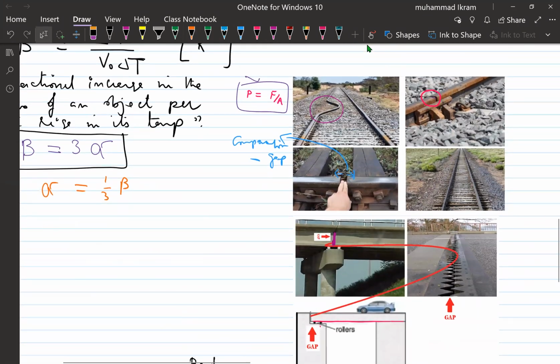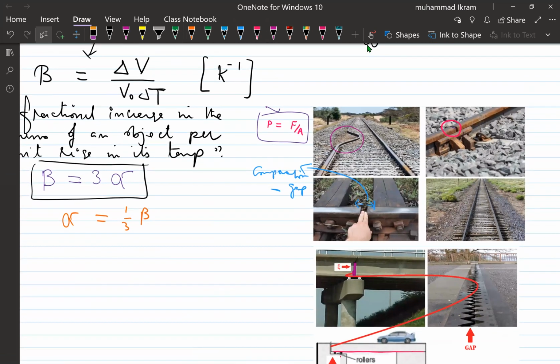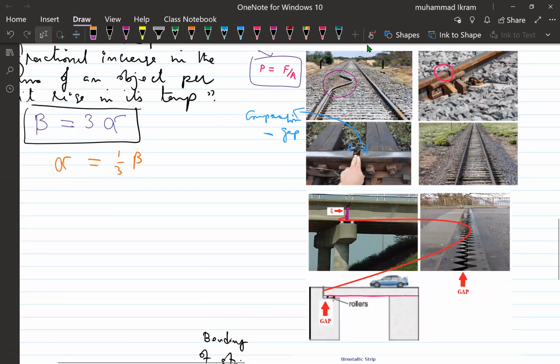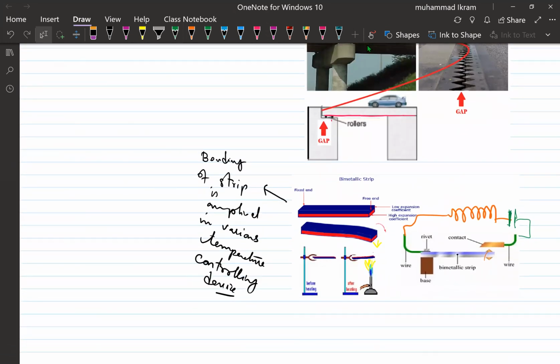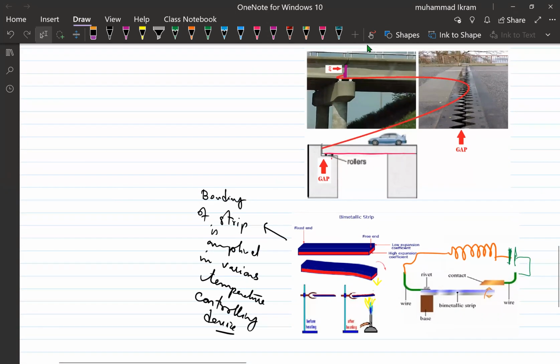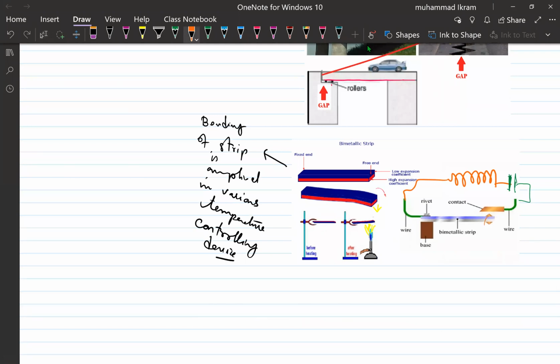So, this is all about the thermal expansion of solids. Besides this, it is also used to produce a tight grip. For example, look at how a wheel is fitted to its axle. For example, if this is the axle, like this one, as you see, and if this is the wheel, then when the wheel is fitted to the axle,